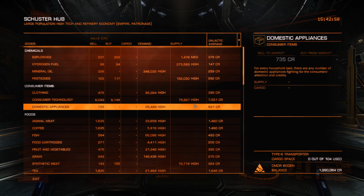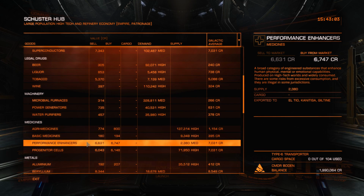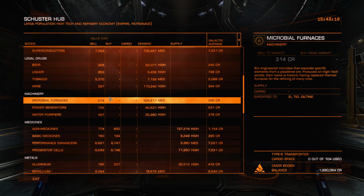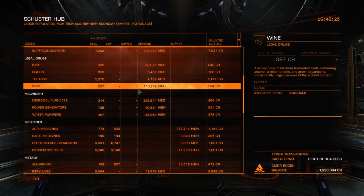So I went ahead and took, I believe, progenitor cells. I thought I'd have a go with that, and since it's not actually prohibited there, I took them and made profit. I found that they had a huge demand for progenitor cells at the time, and also a bit of demand for consumer tech. So I knew I could keep on bouncing between the two, selling progenitor cells and consumer tech from here,